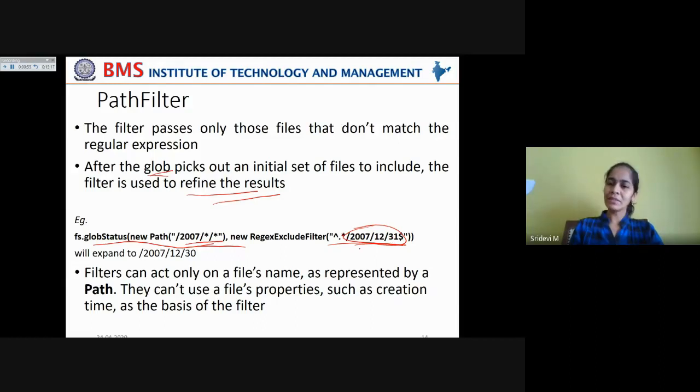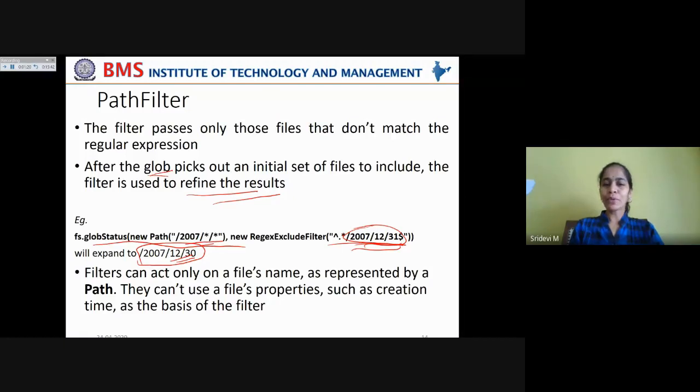Other files are retrieved, which will expand to this case, 30th December 2007. So it will exclude all the files modified till 31st December 2007, and only extracts the file paths that are modified till 30th December 2007.